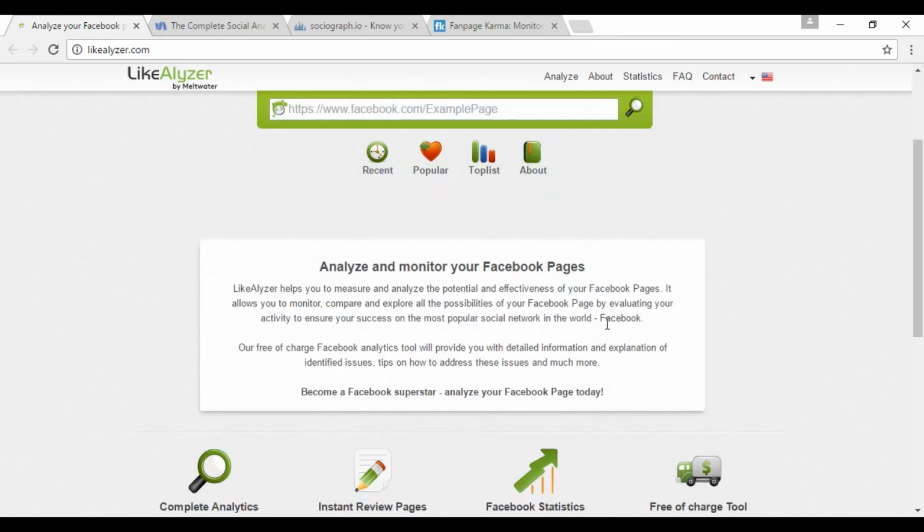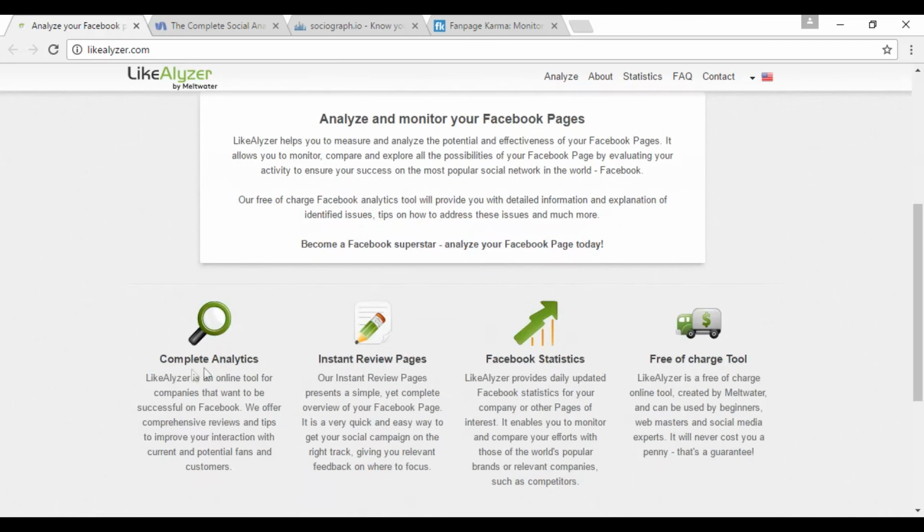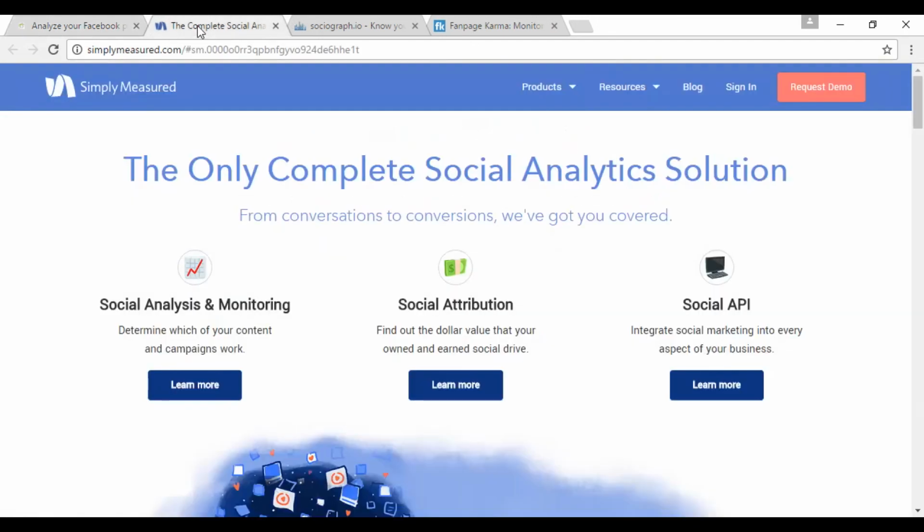So if you're using your Facebook ad to generate likes, then obviously you want to make sure that your Facebook page is up to scratch. And as you can see here, they do complete analytics, instant review pages, statistics, and this is actually a free tool. Then there's Simply Measured,